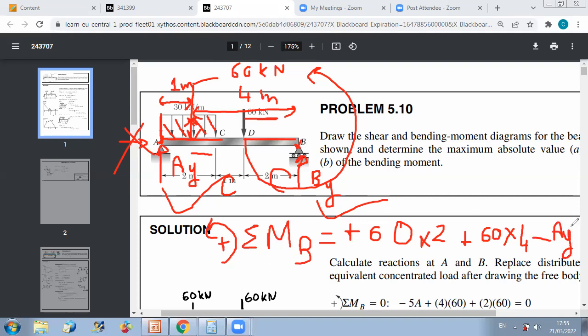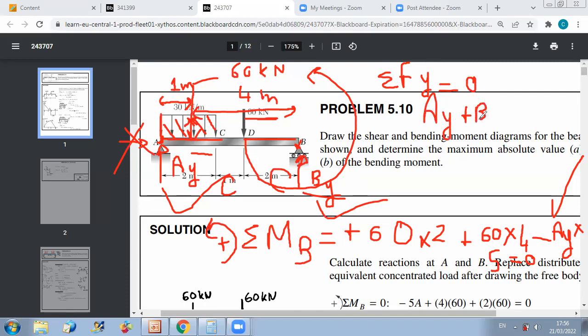Which is 5 meters, so times 5 equals 0. So this will give you the value of AY. You will do similar analysis to get BY by doing the sum of moments about A. Or also, once you get AY, it's easier to use the sum of Y equals 0. Because when you do the sum of Y equals 0, you just have AY plus BY